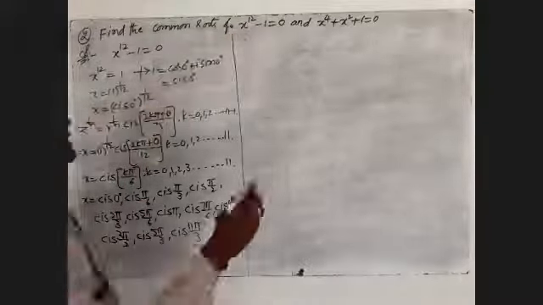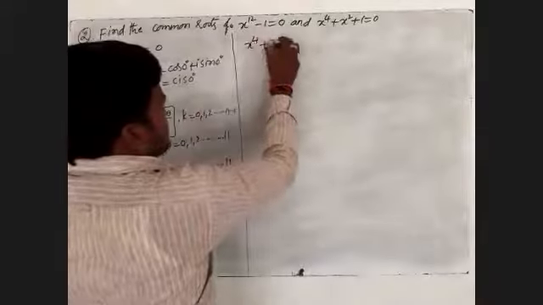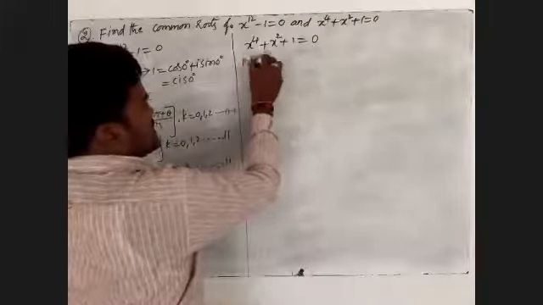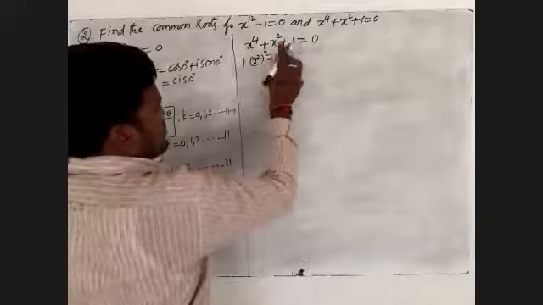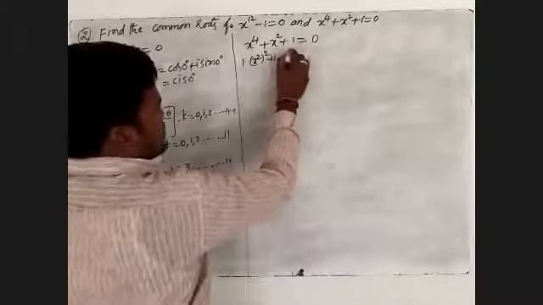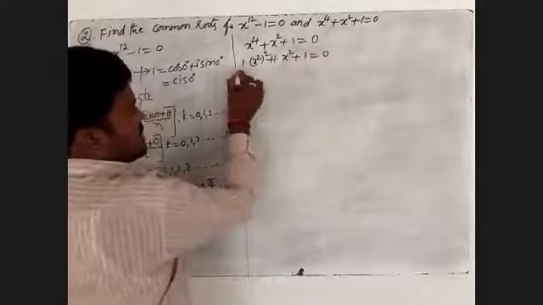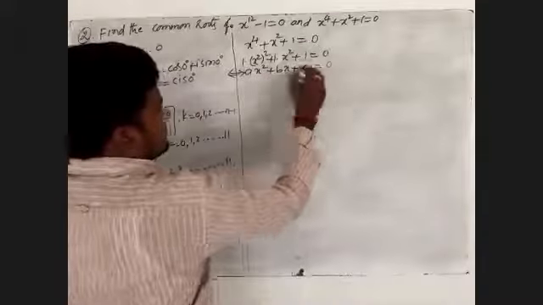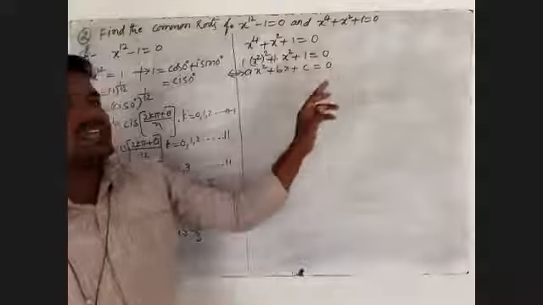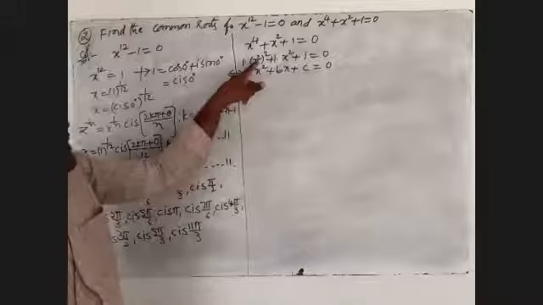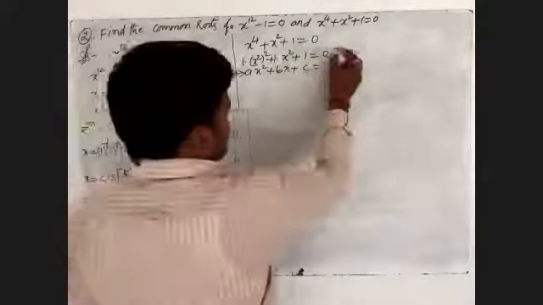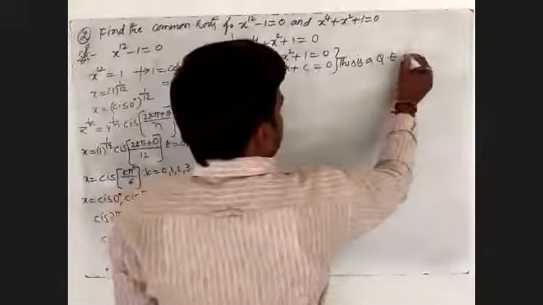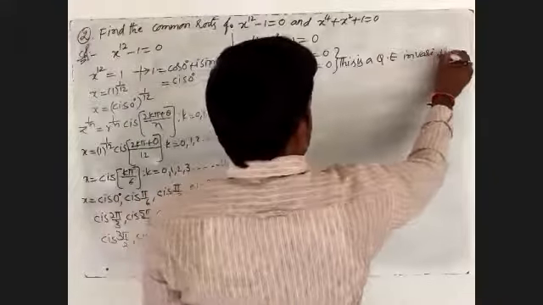After that we'll find the next one, that is x power 4 plus x square plus 1 is equal to 0. Remaining, we have to write 1 into (x square) whole square plus 1 into x square plus 1 is equal to 0. The given one can be compared with a x square plus b x plus c is equal to 0. We will observe, actually this is a quadratic equation in variable x. Here, x we have replaced with x square. That I will write: this is a quadratic equation in variable x square.